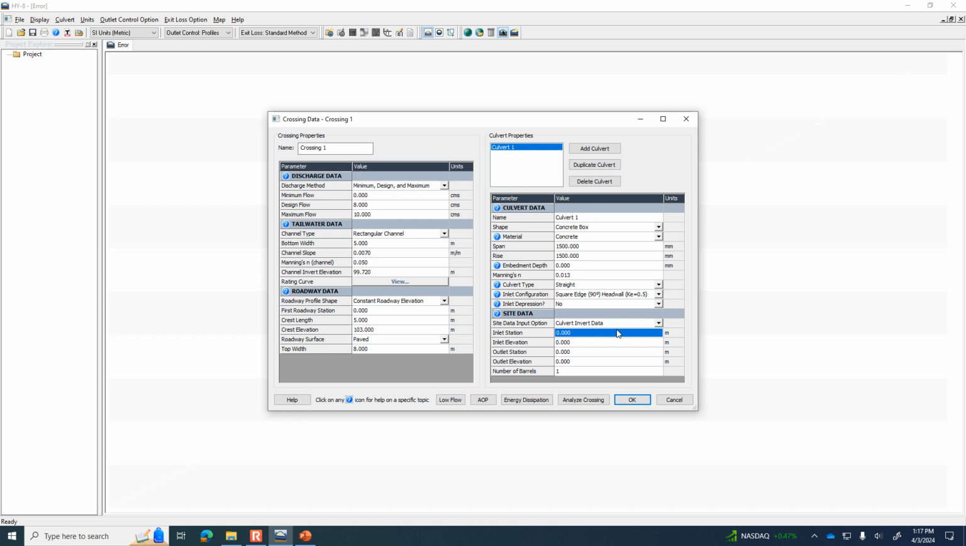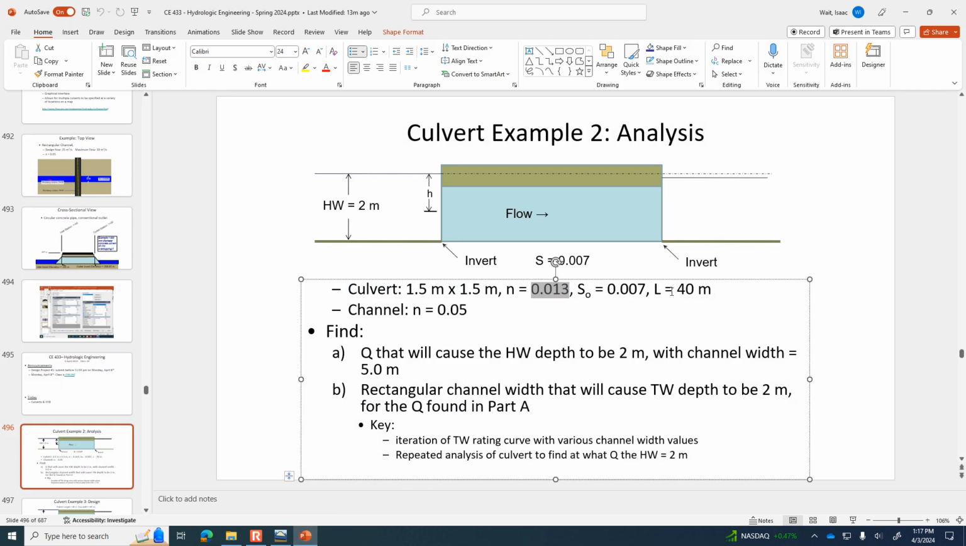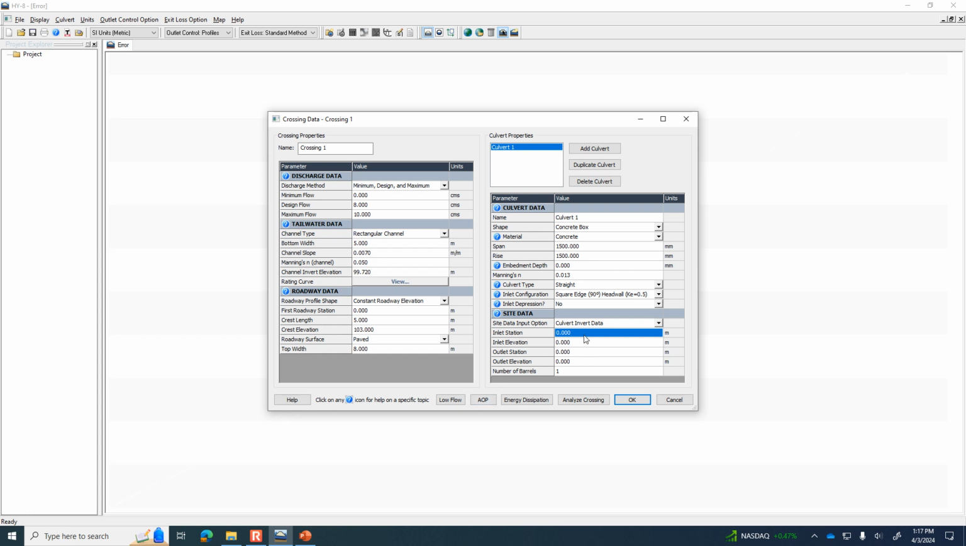All right, inlet station. We don't have station set up, but we know that the culvert is 40 meters long. That was given here in the problem statement. The length of the culvert is 40 meters. So we could call this station 0 and call the outlet station 40. And from that, it's going to know the length of the culvert is 40 meters. So inlet station 0, outlet station 40. Okay, so that has just defined the length of the culvert. And then when we tell it the inlet elevation and the outlet elevation, that's what defines the culvert slope. So inlet elevation 100, outlet elevation